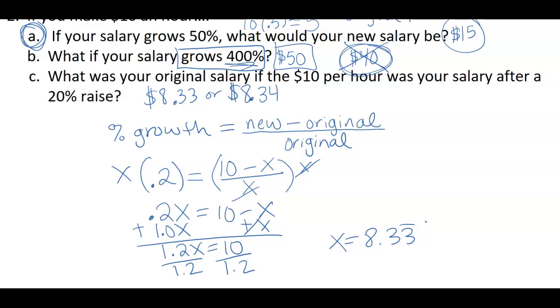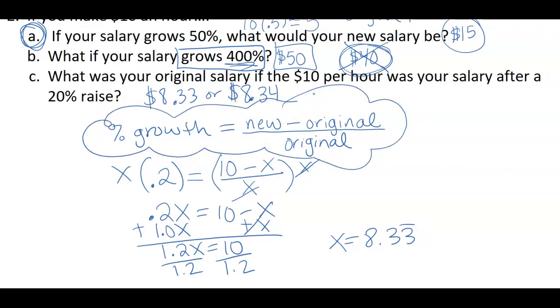Okay, so this is kind of the focus of today, that we really want to make sure we're comparing the new to the original when we calculate percent growth. And then I know we said add it back on, and you're looking here that there's a subtraction sign, but you saw that when we solved it the other way, you ended up adding some pieces together, and that's where you're seeing that happen. So you guys are going to practice this with classwork, and I'm going to help